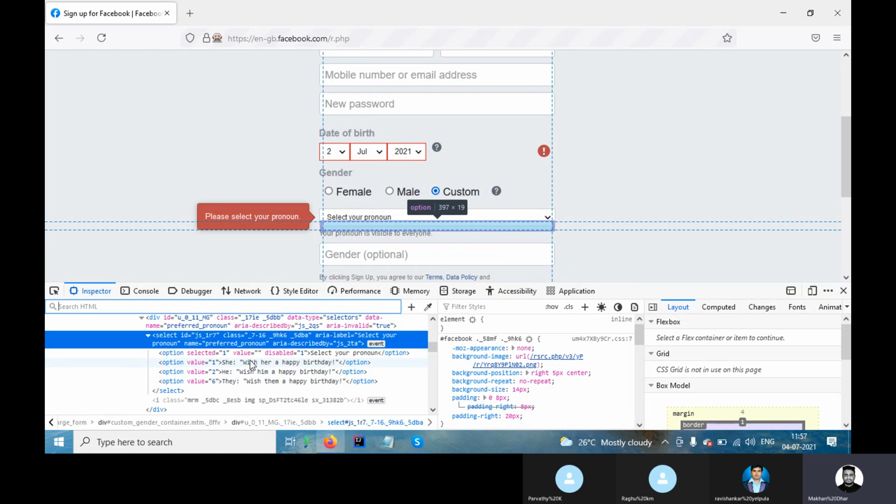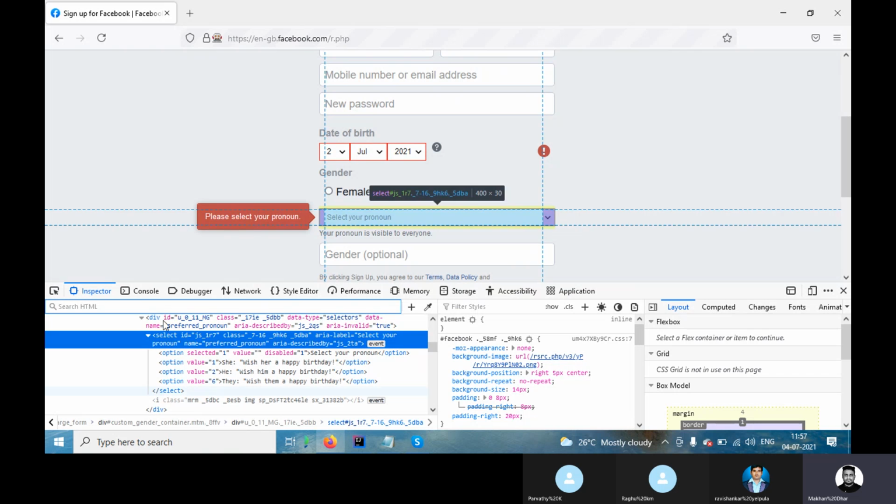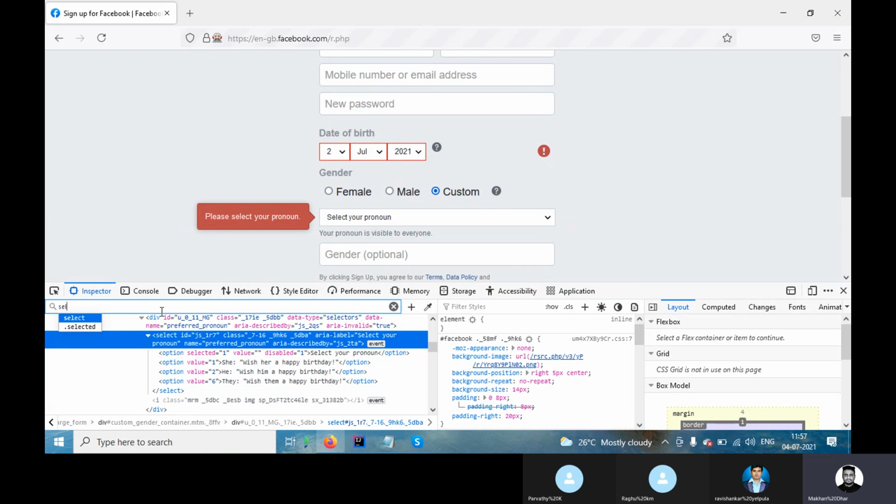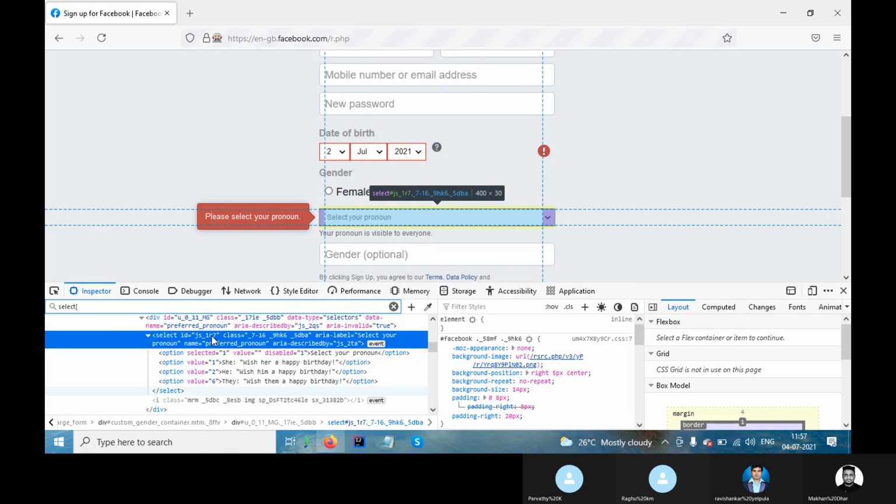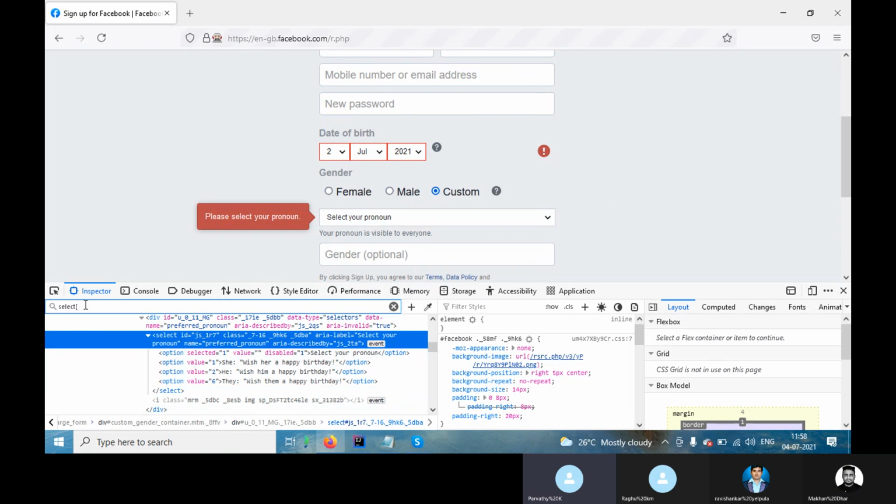Okay, now you are seeing this is coming under select. So I'm typing select and bracket start. What will I do? Can anyone suggest what I should do? How to find the ID?